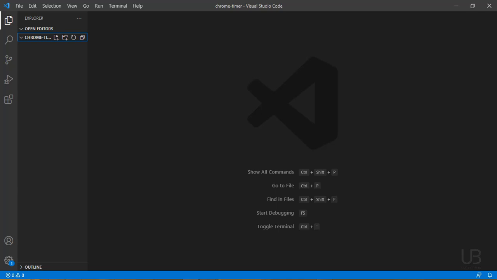So one thing that stands out with Chrome extensions is that there is a particular file that does all the configuration, and that is the manifest.json file. The other files are JavaScript, HTML, CSS. They are normal things that you're used to, but the manifest.json file is where you should really focus if you are just starting out. So let's create our manifest.json file. That is the first part to settle.